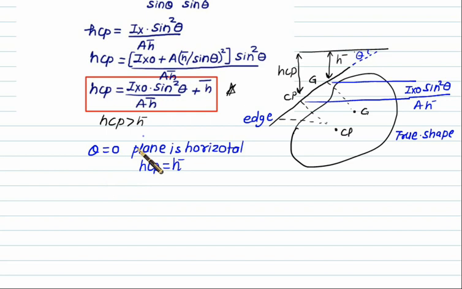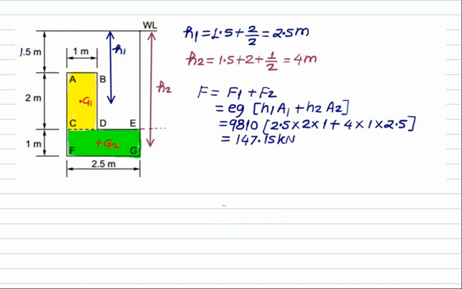Secondly, as the depth of immersion goes on increasing, the denominator will go on increasing. Because of this, this total value is going to decrease, and SCP will come closer to h bar. Suppose we are given a composite plate here. So as per your convenience, we'll divide this plate into two parts. So as such, there is no rule. I have divided one plate equal to ABCD, second plate equal to CEGF.